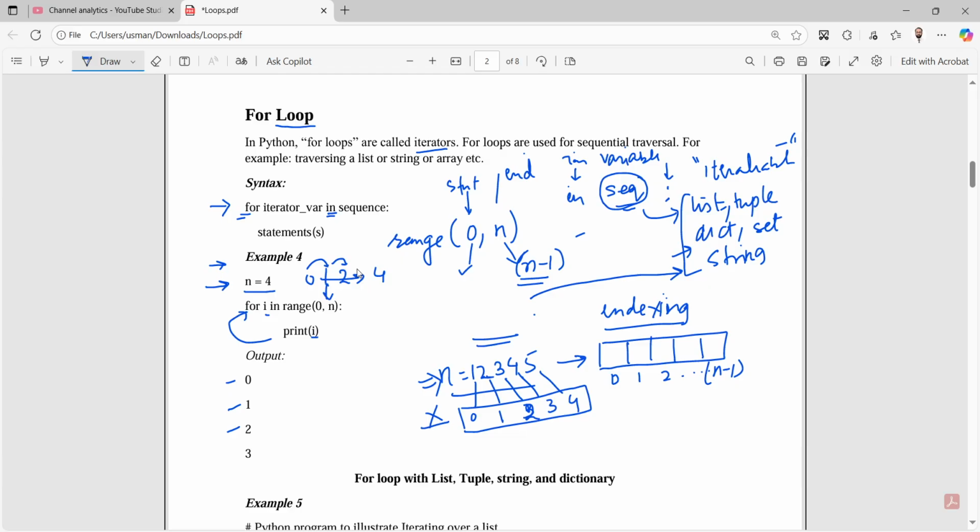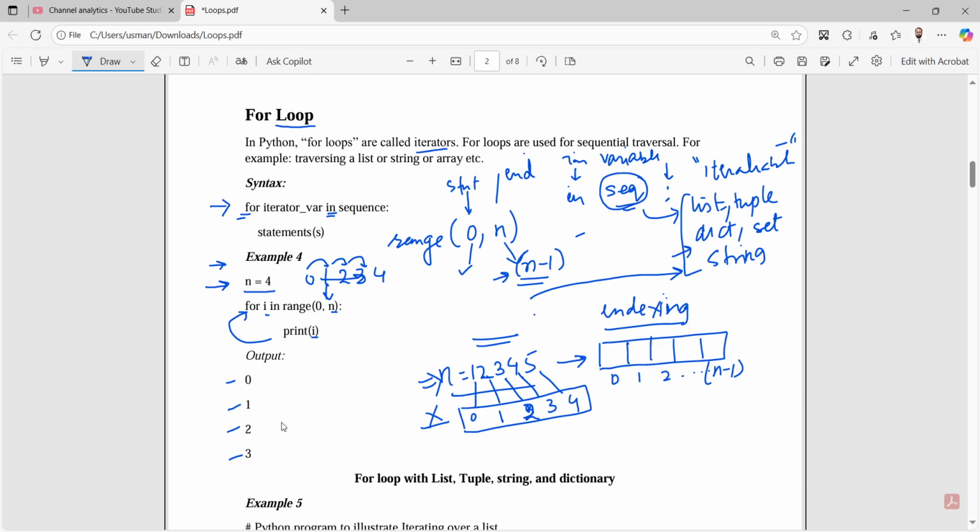Okay, 4 times this loop should run, because the n value is 4, it is going to 4 minus 1, that is 3 values should be printed. So it prints 3 values and it stops at that particular value. Okay, this is how a for loop actually works. Now coming to the next part,